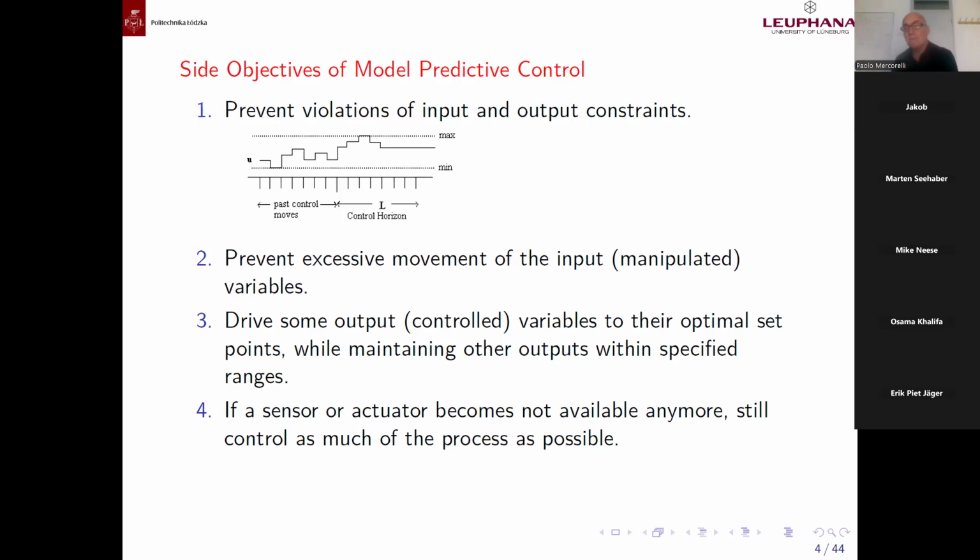And of course, this horizon will move. Now we will understand practically with Simulink MATLAB, with the simulation, what I intend by that it will move. This means we have also a horizon, why not, a past horizon, if you want. Here it is written past control moves. In any case, what is in the past is already at disposition. This means we can use it if we want to use it. We can see here how possible to say